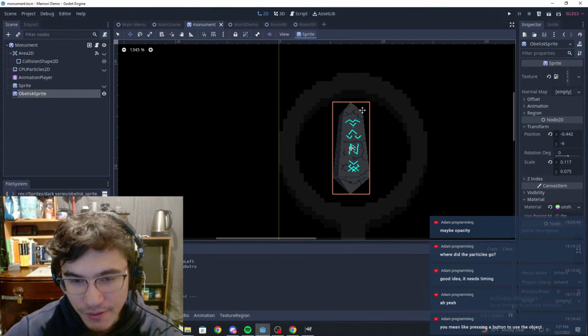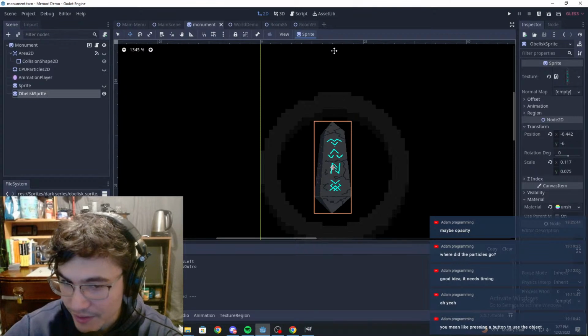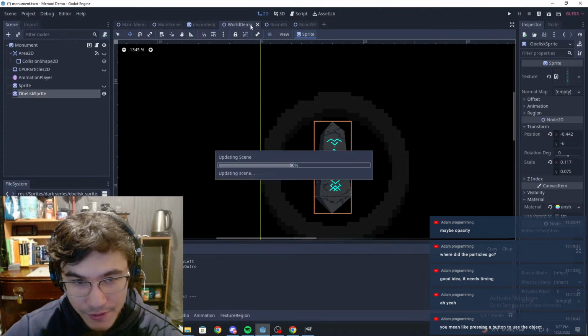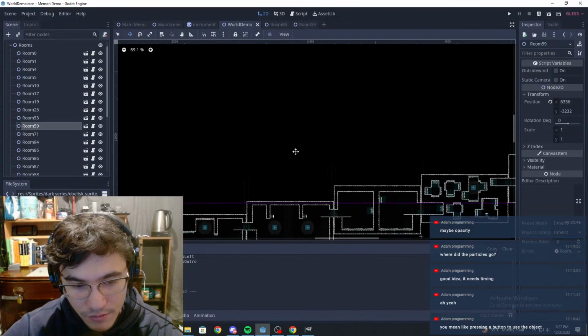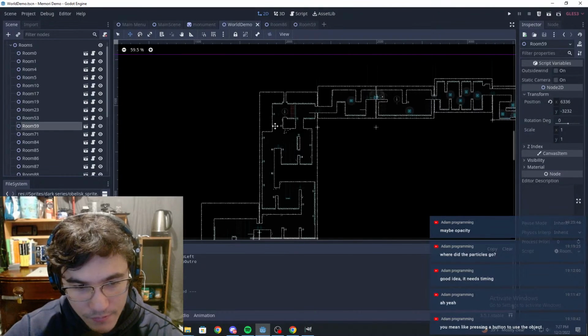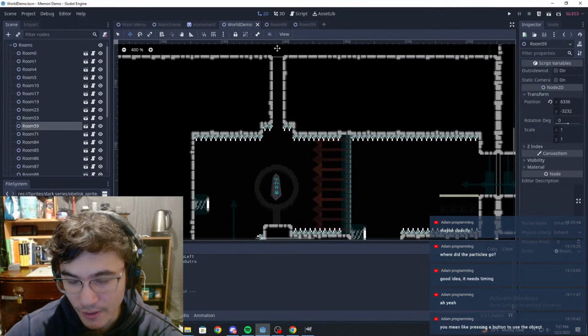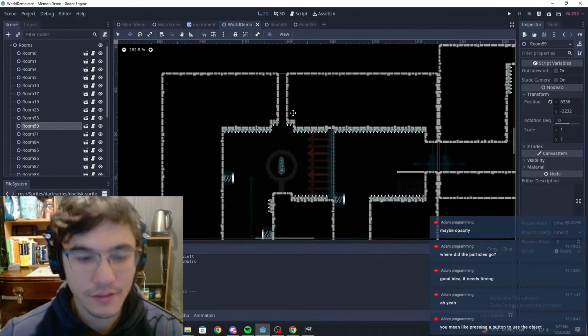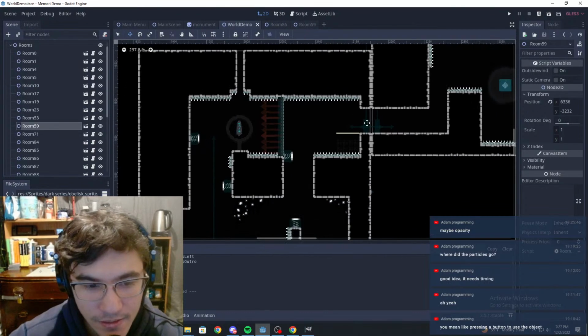So what I plan on doing is adding an animation here, and then when you activate it, a beam of light will come from the top. And we've already kind of designed that in a previous room. So you can see, once you activate it, it should go up and then, you know, away from existence. And at that point,